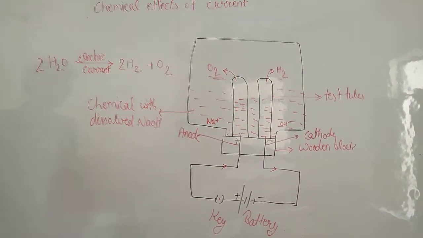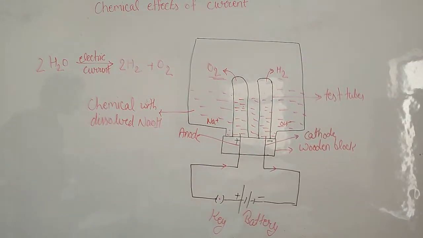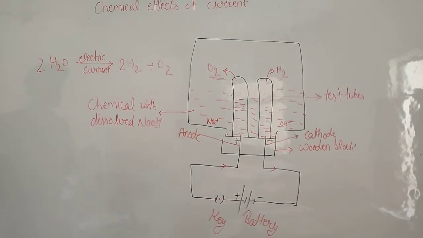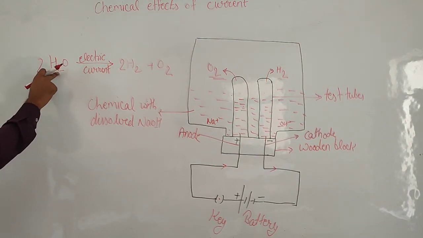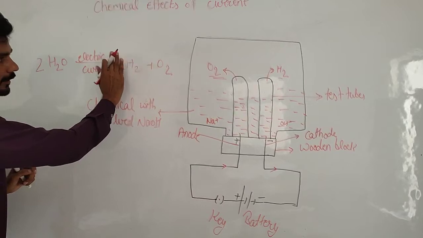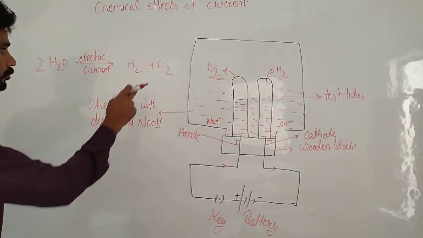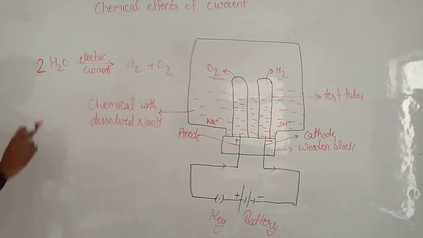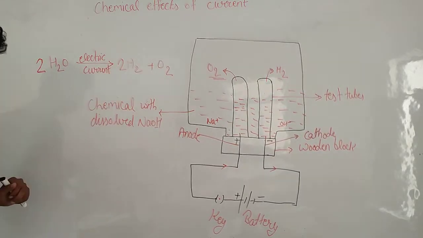To balance this equation, we have to put 2 before H2O and 2 before H2. How can we balance an equation? We have to make all the components equal on the right side and left side. On the left side we have H2O, 2 atoms of hydrogen and 1 of oxygen. If we don't put these 2, then on the right we have oxygen 2. So to balance the oxygen we have to put 2 before H2O. Now on the left-hand side 2 times 2 is 4 hydrogen, so we have to put 2 before H2 also.